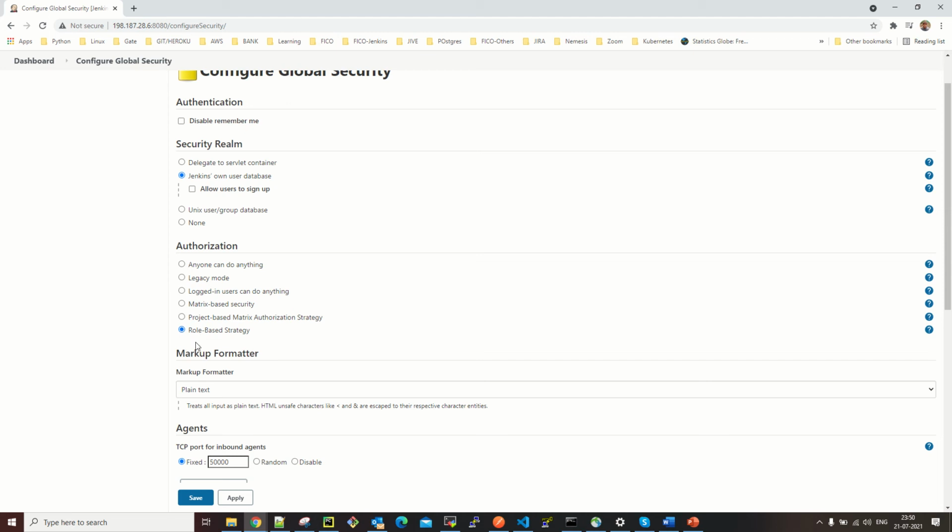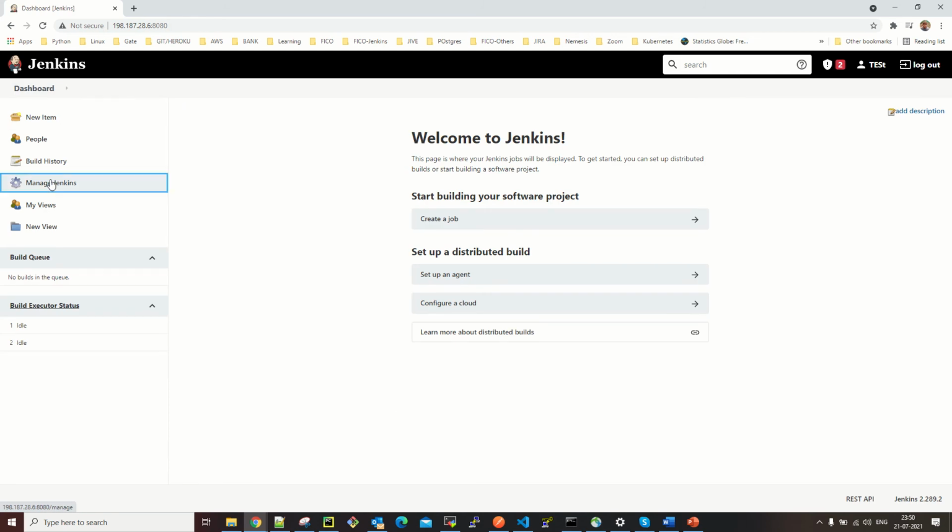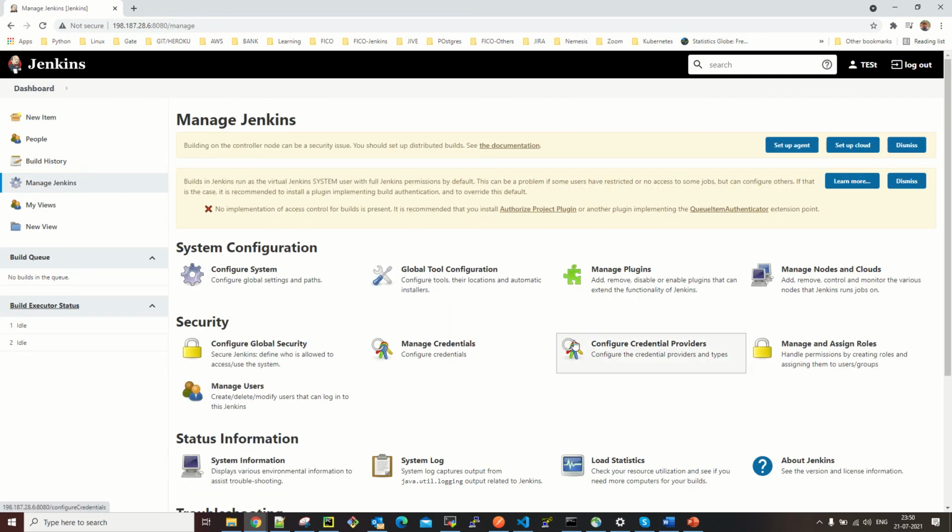In order to provide access to other users on the basis of roles, you need to select this and then save the configuration. If you come back to the dashboard and the manage page, you should be able to see a tab called Manage and Assign Roles.